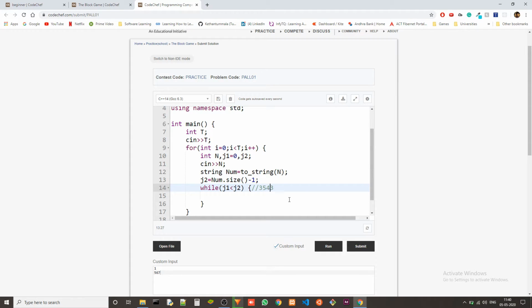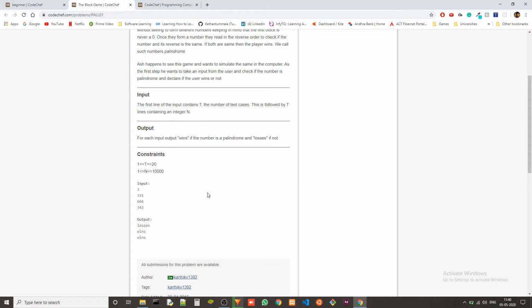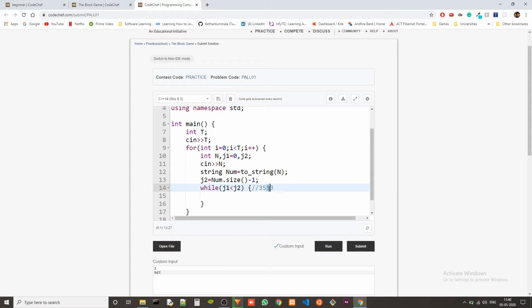So if this was 5, then j1 and j2 will be equal, and we'll get wins because it is a palindrome. Well, we don't get it right away. j1 will again increment to this position and j2 will decrement to this position. So now they have crossed each other, right? That's when this condition breaks, and that's when we can output if it is a win or a loss.